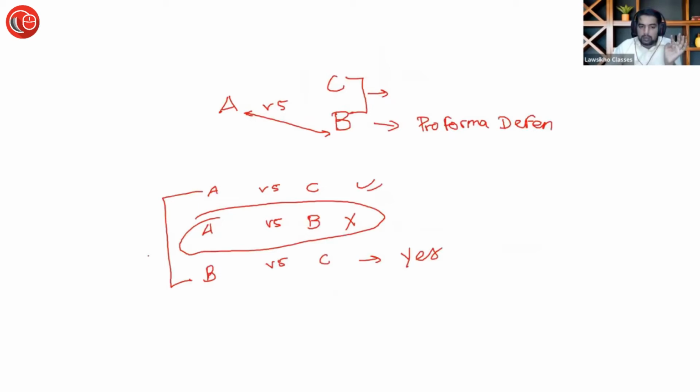तो इस केस में सूट किसके बीच में कंटेस्ट हो रहा है? प्लेंटिफ और अदर डिफेंडेंट. प्लेंटिफ और प्रो फॉर्मा डिफेंडेंट के बीच में सूट नहीं कंटेस्ट हो सकता. प्रो फॉर्मा डिफेंडेंट और को डिफेंडेंट के बीच में सूट कंटेस्ट हो सकता है. दैट इज व्हाट इट इज टू से. क्लियर है? अब बताइए, इज इट क्लियर?